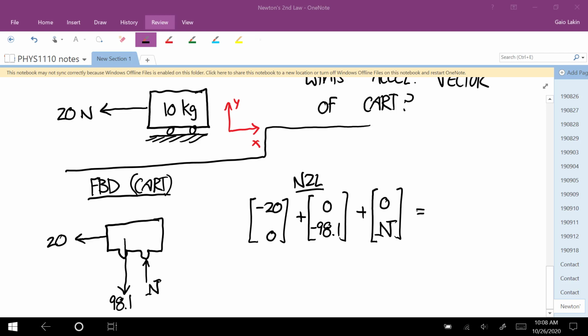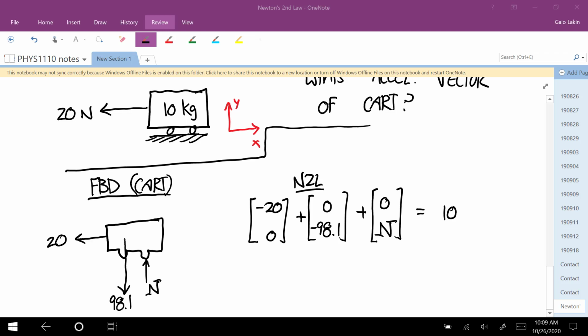Now set these equal to the mass of the cart, 10. And now we have to ask ourselves, what do we know about the acceleration? Well, there is one thing that we know about the acceleration, and we're going to see that this is what we're always going to do with any kind of rolling or sliding problem. We know that this thing is confined to move along the surface. It's not going to jump up in the air, and it's not going to sink into the surface. And so what we know in this case is that this thing's acceleration is only going to be along the